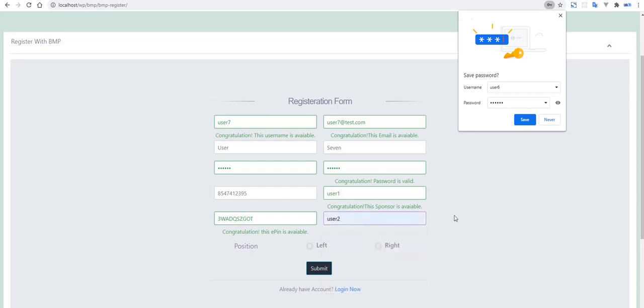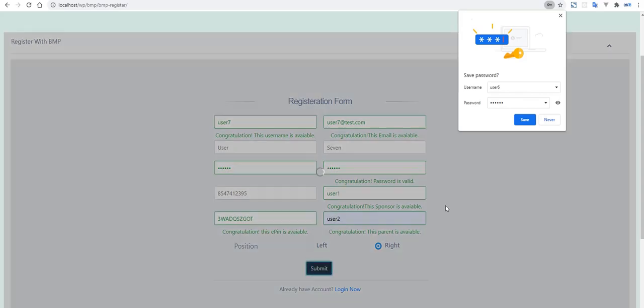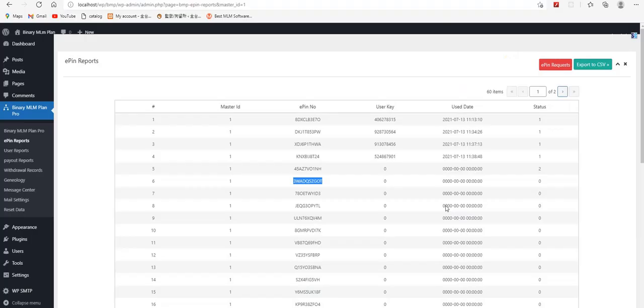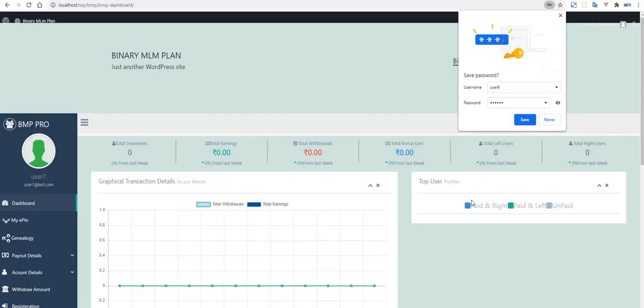And this is user 2. Because this is status 2, that has been assigned to a member and not used, that's why it is showing the user key empty and not used. As I see here, this has been used by this user key and today it has been used, with status equal to 1.